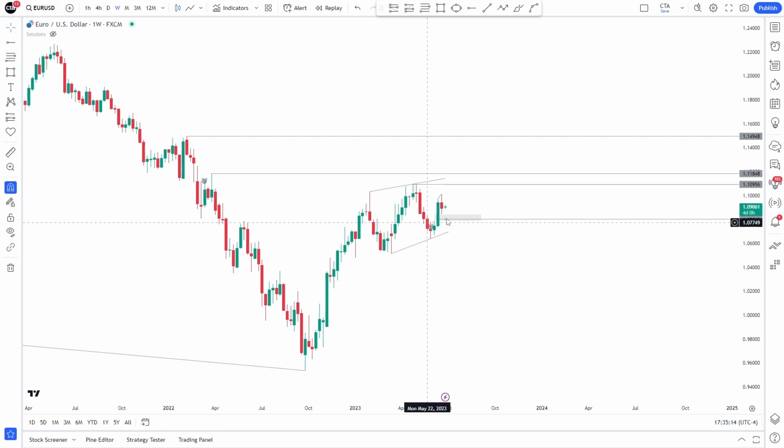So we have this fair value gap in here on the weekly. So this is a weekly fair value gap. The market could trade in to close this week, and subsequently we continue to run higher for all of these here. So the market could trade in, close this, and run higher. Or better still, depending on what comes out, we could just continue to take it from here and go all the way to these highs, and then subsequently these highs as well.